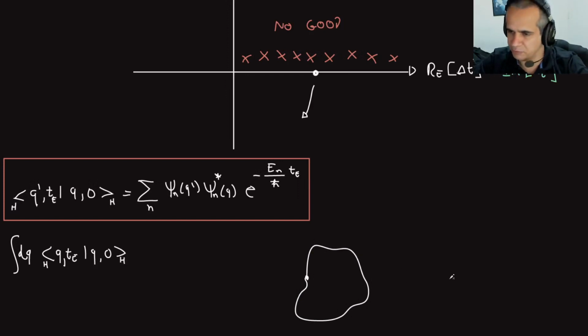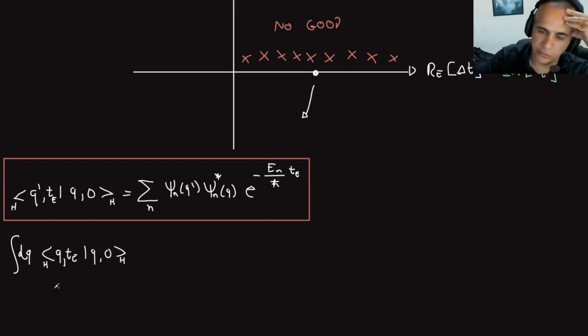In one dimension, this would look like a really strange drawing, right? But also, as I integrate in q, I'm not keeping this point fixed anymore. I'm integrating it all over space. So I'm really talking now about all closed paths in this space, right? When I do that, I will also do something to avoid confusion later, which is to call t_E tau, right? So you better keep in mind that both t_E and tau are Euclidean,